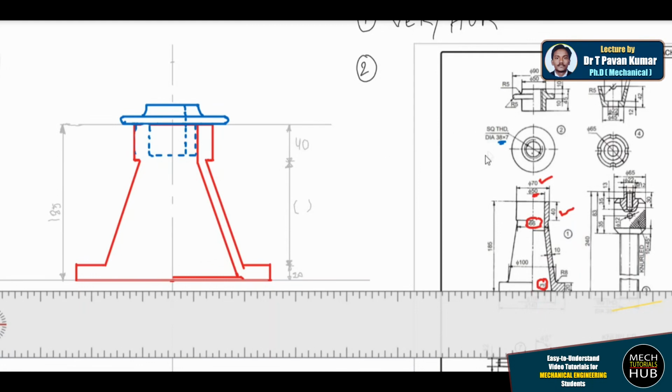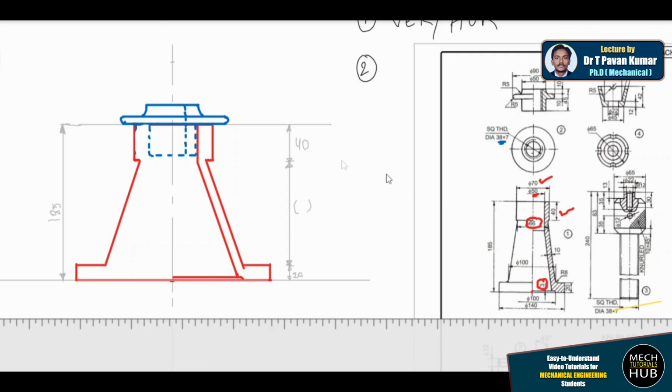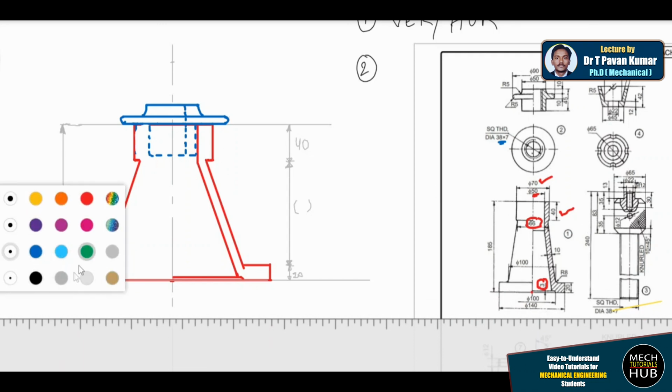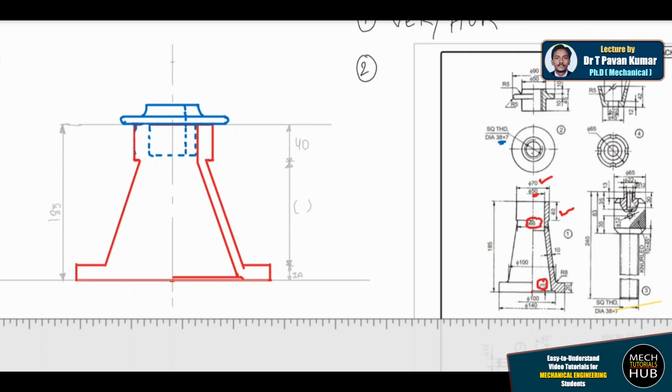Okay, after this 38 by 7, this part number 3 I can accommodate here from the top. So let me change the color and let me draw this top piece. I am taking this part number 3 and inserting it from the top. When I insert from the top, this bottom shaft of 38 by 7 will go easily inside. Only this portion will be restricted here because the diameter is 65 and here the entry diameter is only 38.